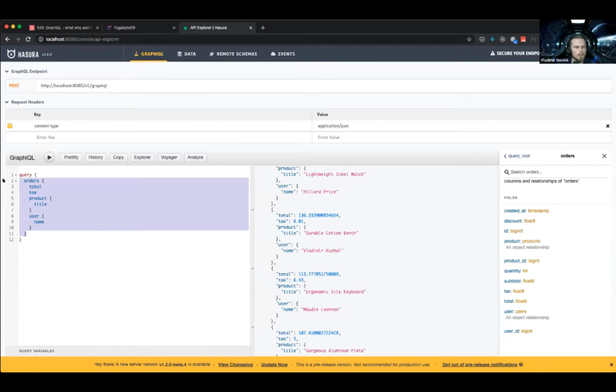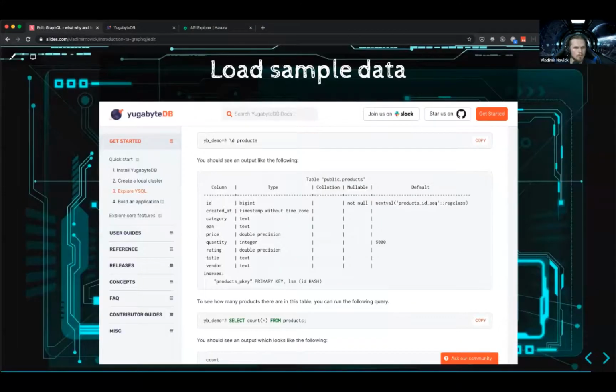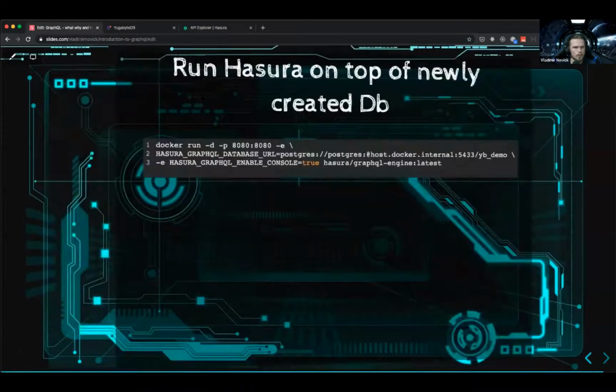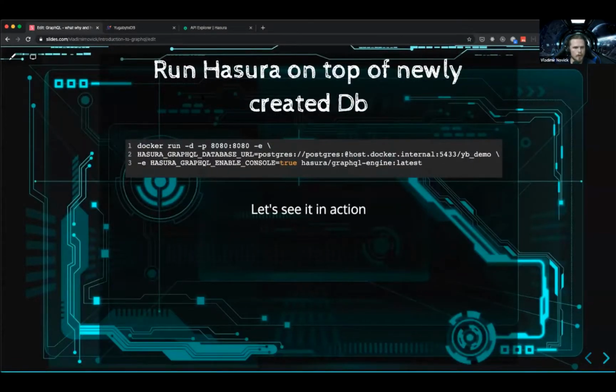Everything before that, probably, I don't know. Probably it's worth checking with the docs as well. So I showed the sample data, and that's basically it.